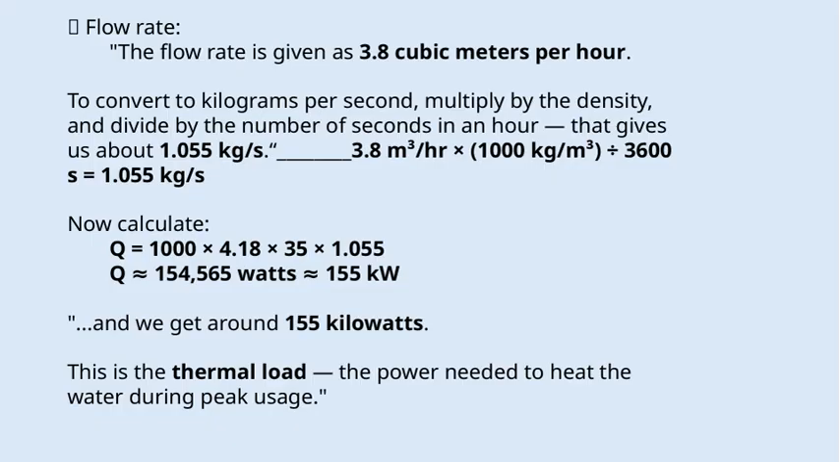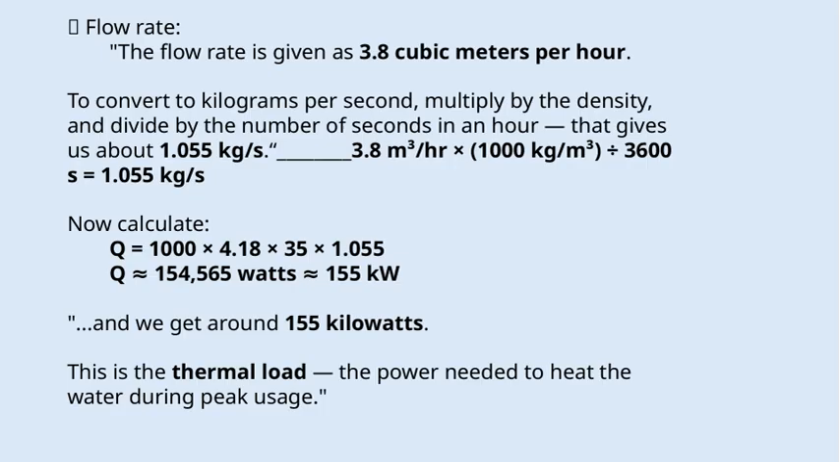All right, let's take a look at the flow rate here. The slide states that the flow rate is 3.8 cubic meters per hour. Now, to understand the thermal load, we need this in terms of kilograms per second. So, what we do is multiply the volume flow rate by the density of water, which is 1,000 kilograms per cubic meter. But since we're interested in per second, we then divide by the number of seconds in an hour, which is 3,600. Doing that calculation gives us approximately